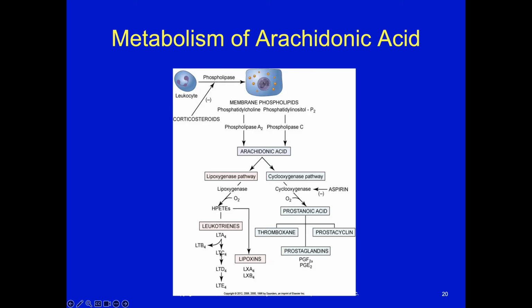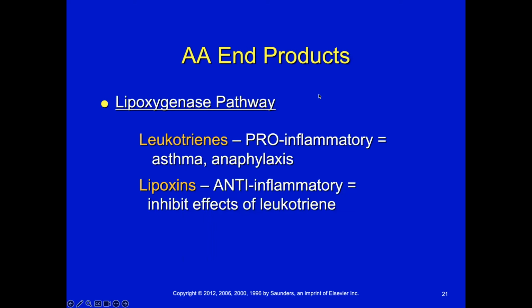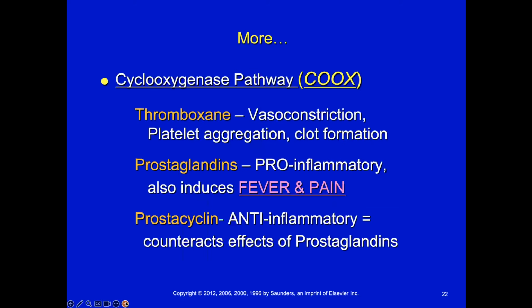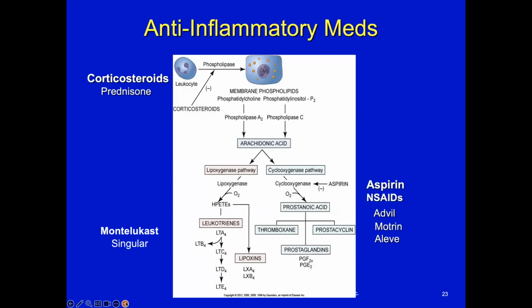So if we move on, I just went over this, so this is for your reference. You can look at these again, the two pathways and what results. And then in terms of medications, these are important anti-inflammatory medications that are used. The most important of which are the corticosteroids. So prednisone is one form. These corticosteroids knock out this enzyme and completely stop the formation of any of these arachidonic acid derivatives. None of them are produced. So in this way, you completely knock out inflammation the best that you can.